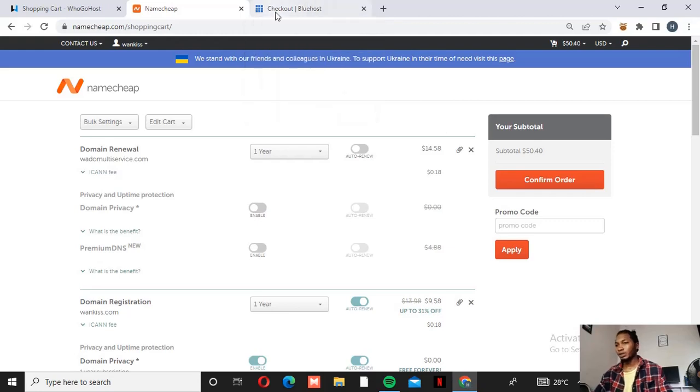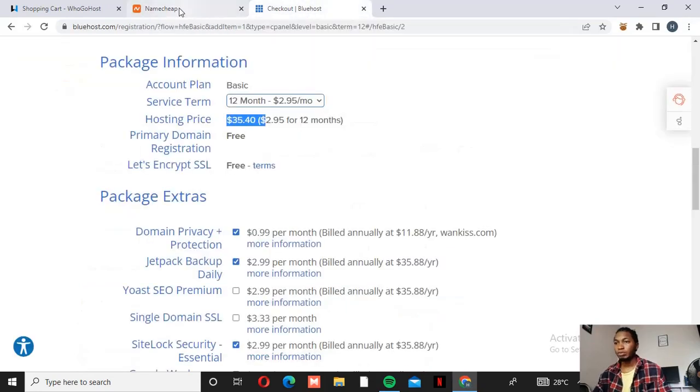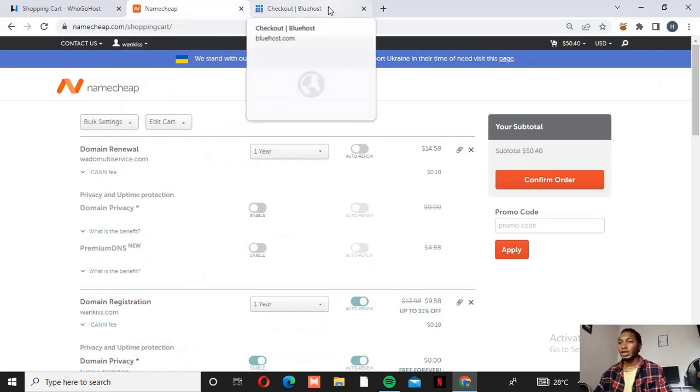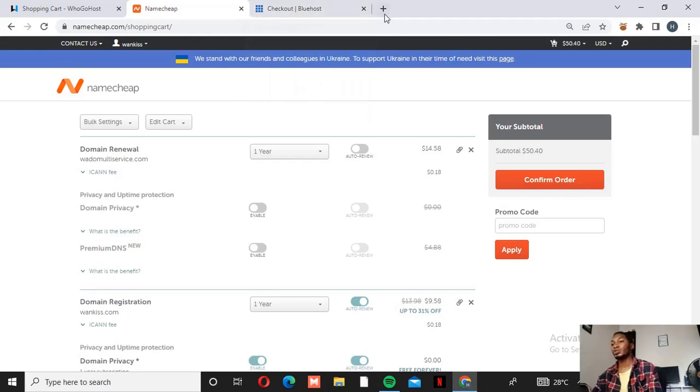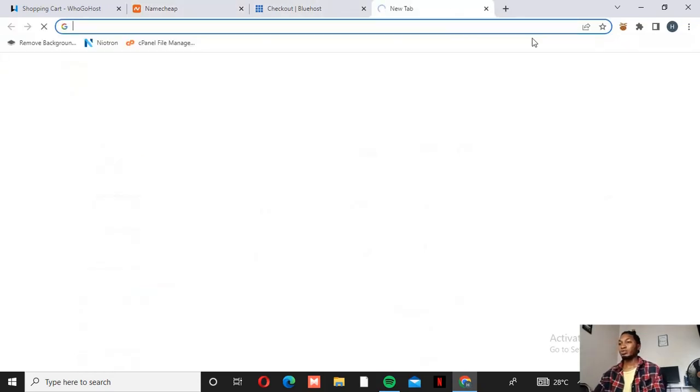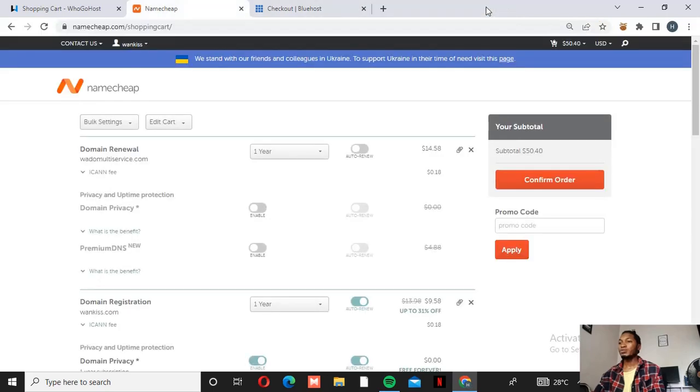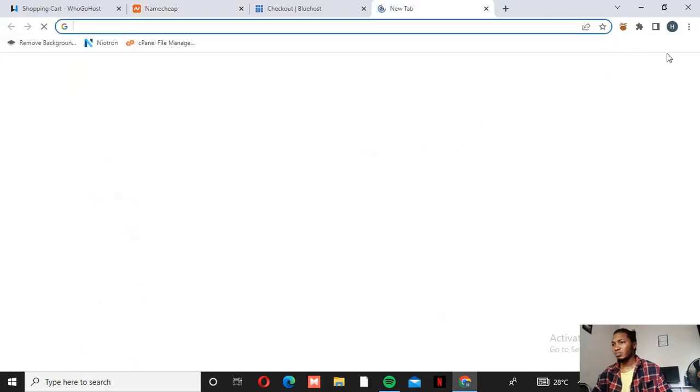So that is how to get your domain name and how to connect it to your host. I don't really want to start buying another new one to show you how it is done. But once you have placed this order, they are going to send you a mail. That mail will contain your passwords, even directions on how to point to your name server, and everything will be there. So let me check if I could see my mail, the mail I used to buy for